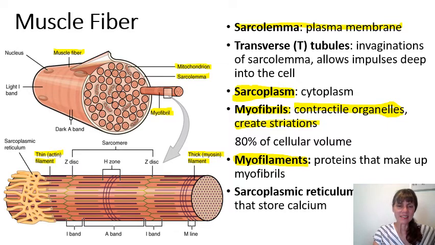The myosin is identified in a kind of purple color on this picture. The thin actin filaments are designated by a green line. You'll notice that because of the very specific arrangement of actin and myosin proteins, we see this pattern of bands that form. At the very bottom of your screen, you'll notice a dark A band